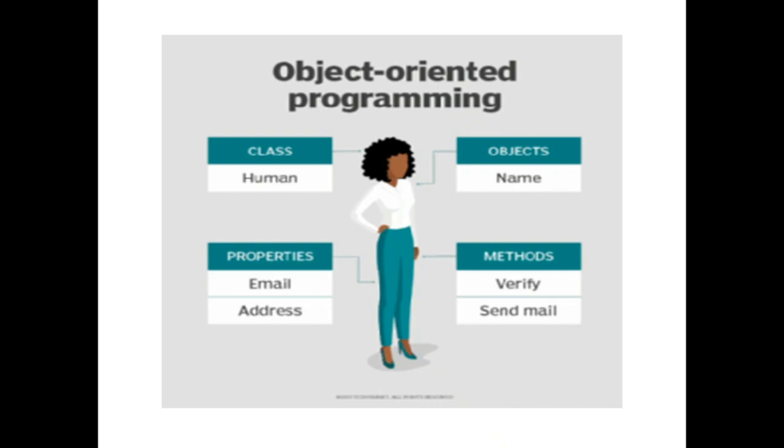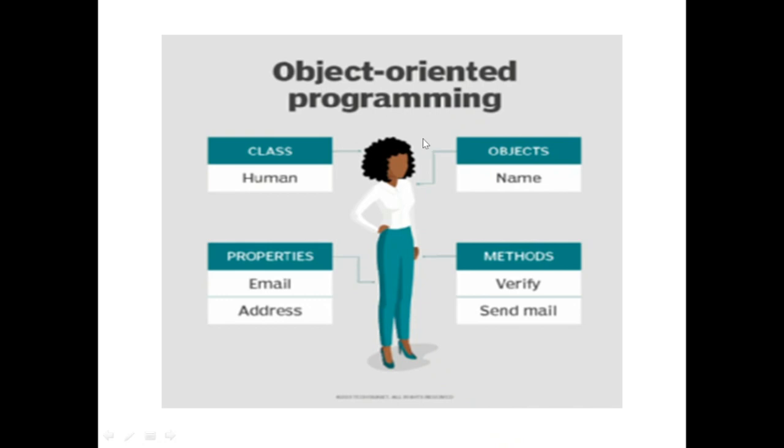Now, as you can see, the object-oriented paradigm is all about the class and the objects. The class, as you can understand, is like the blueprint, and objects can be called the living example of it, or the example of the blueprint which we can use. So as you can see in the figure, we have a human being here,